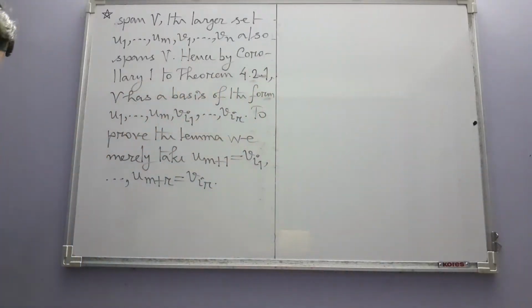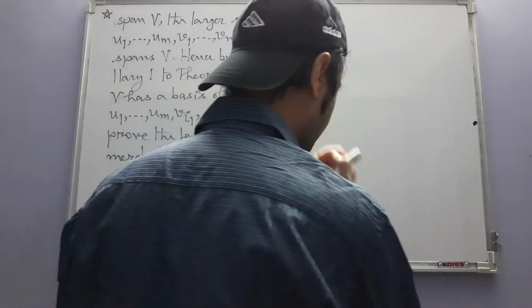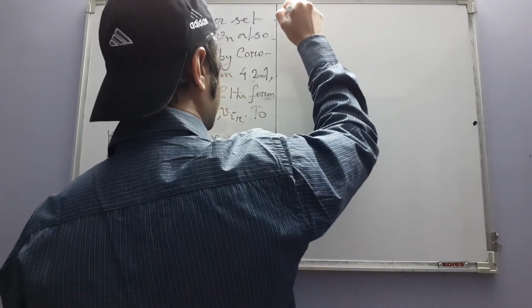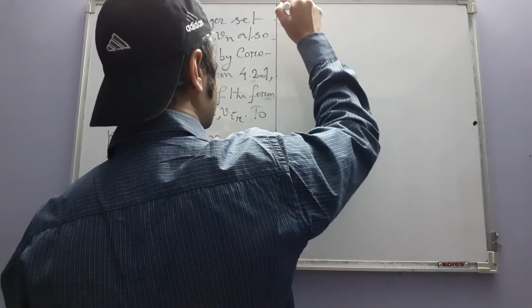The statement of the corollary is, it was this. There were some vectors